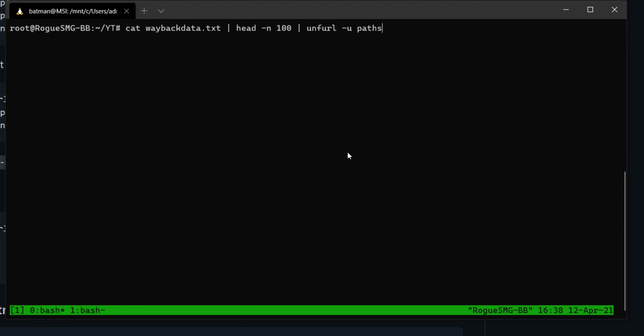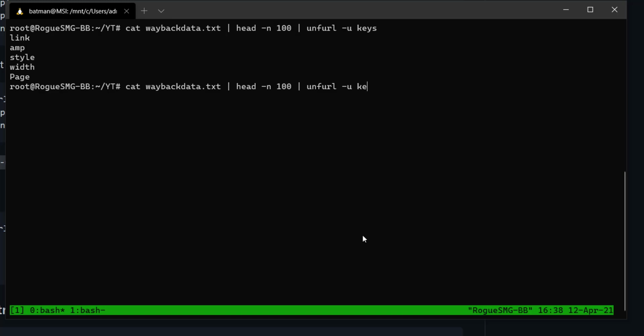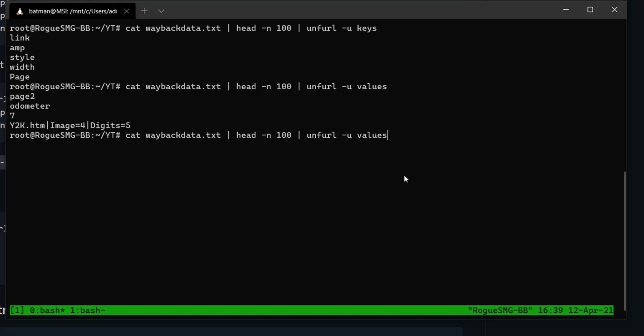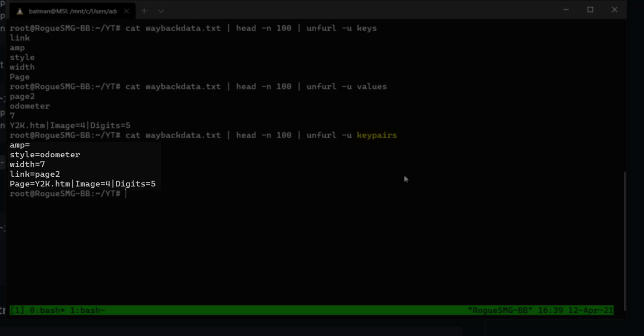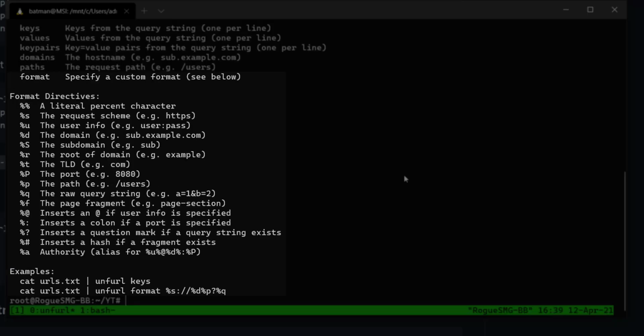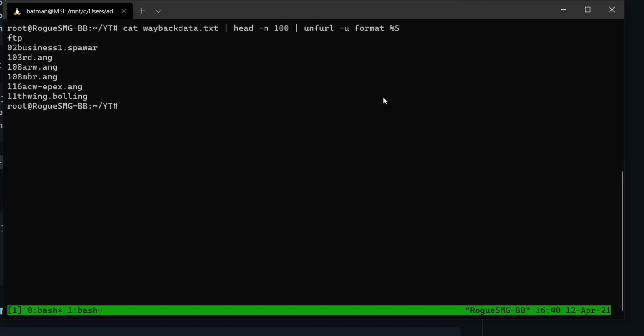You can also extract just the parameter names to make a target specific parameter list and fuzz on all the domains. You can extract the parameter values as well for manual analysis or to find common or obvious stuff. You can also extract both of them together as shown, for either manual analysis, to check what's happening, or to use them for fuzzing or some automation. Basically, you can go crazy and extract anything in any particular format as you want using the format flag. Custom target specific stuff helps you save time, dupe out less, and be more efficient.